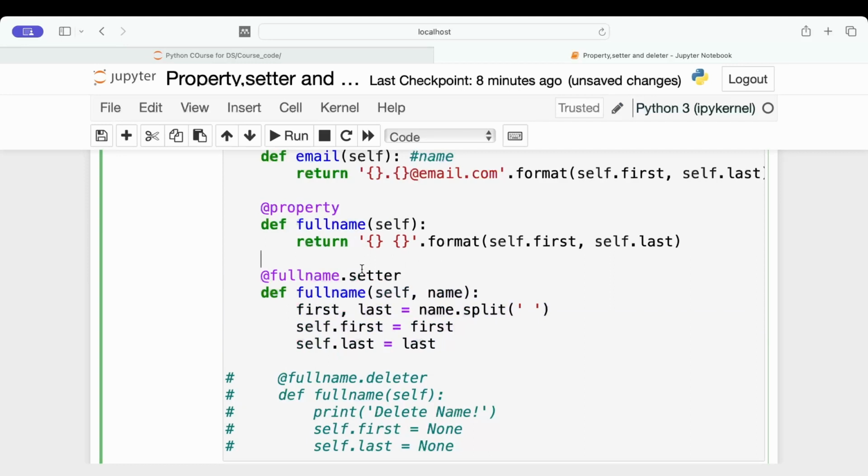To create a setter, first you have to create a decorator, and the decorator's first part would be the name of your function. So here the name of the function or method is full name. So it would be @fullname, and then you apply the setter. And in that you create a function which is the same as the method, which is fullname. And in that you can mention